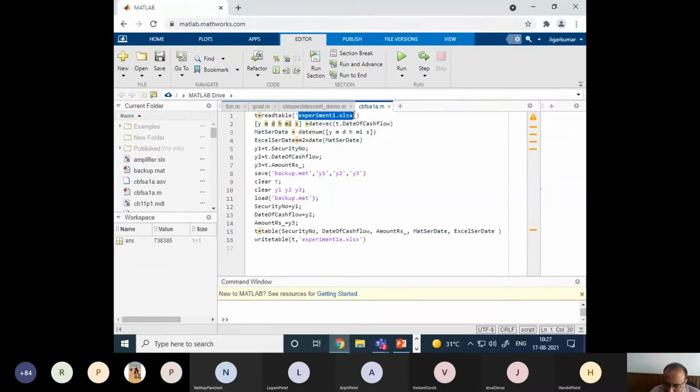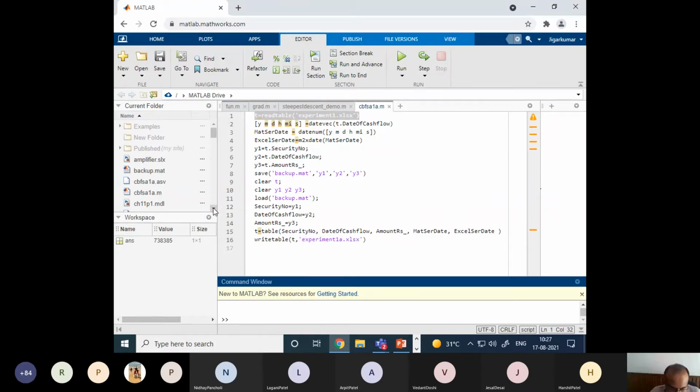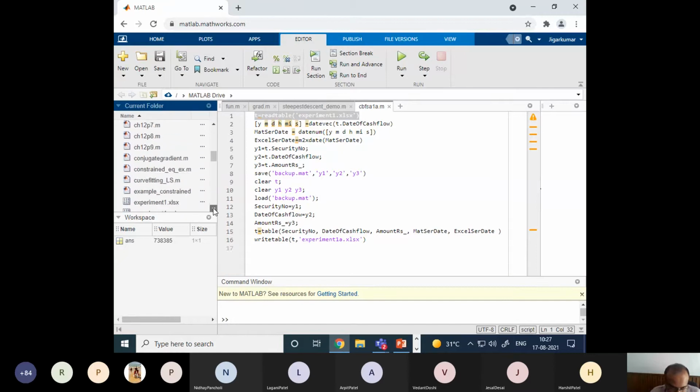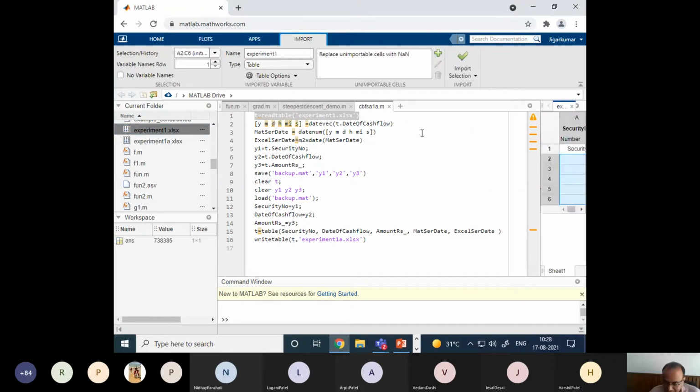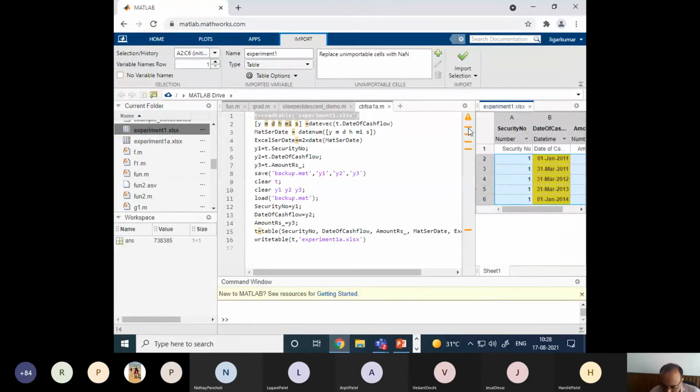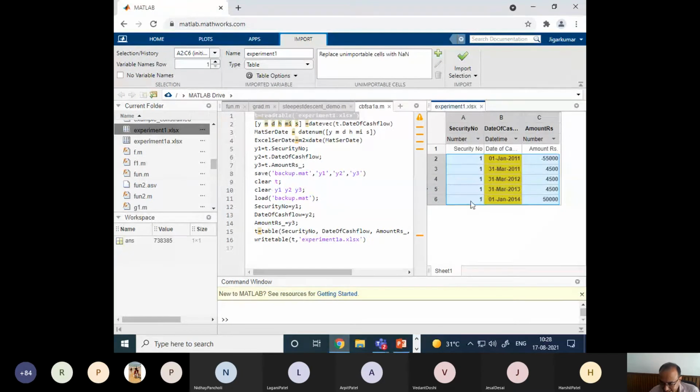Then I need to dissect it and find its parts, for only the date. Let me execute only the first command, so it will be easier to understand. First of all, let me open this experiment1 file also in MATLAB. I have stored this experiment1.xlsx file in MATLAB Drive, so let me double click on it. MATLAB will also open the Excel file. Don't worry, the windows are very small. Yes, here it is open. You can see the same Excel file opened here.